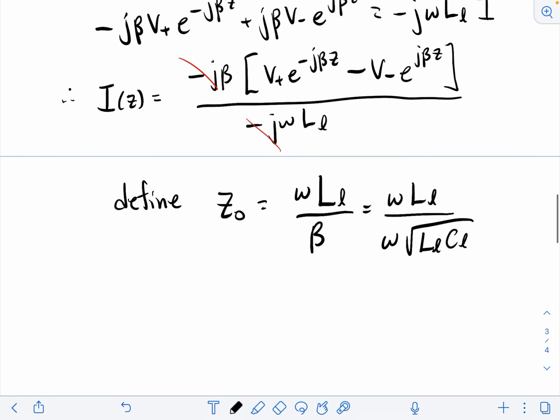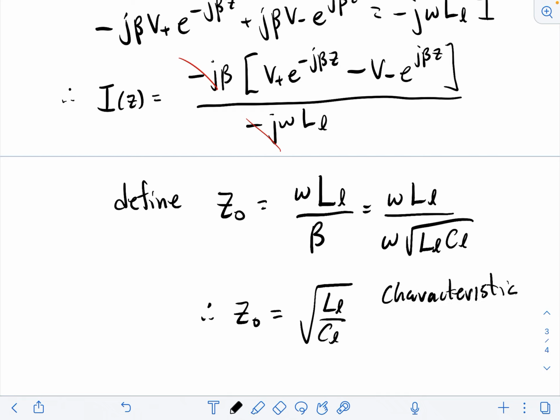And so therefore the Z naught that I'm going to define is equal to the square root of the inductance per unit length divided by the capacitance per unit length. And so this thing has a name. This is called the characteristic impedance